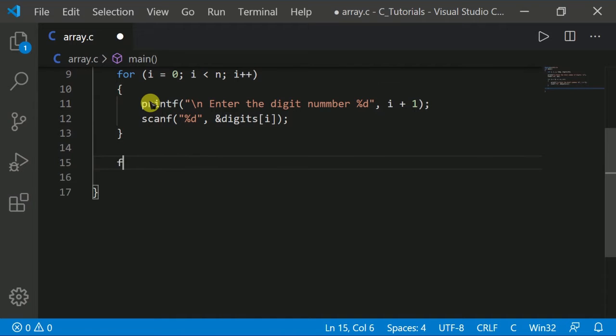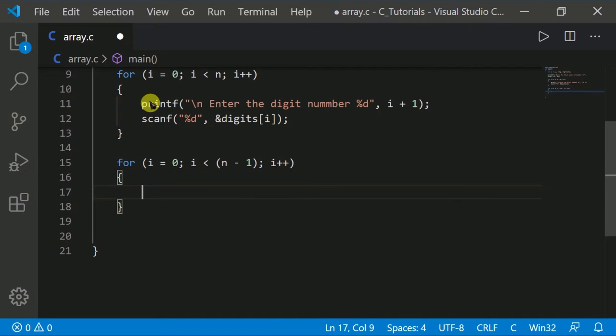We will use a for loop again, with i equal to 0 and i less than n minus 1, and i plus plus.